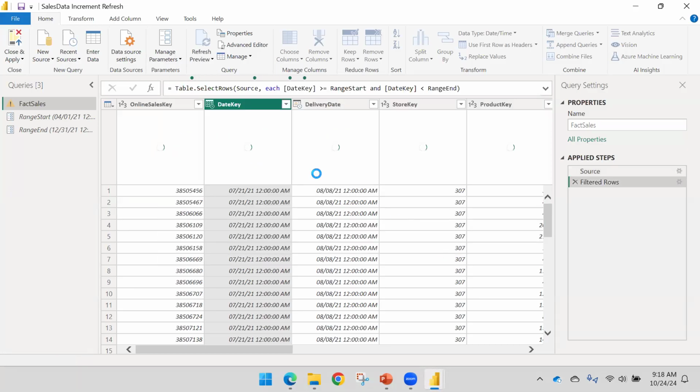So this is how we have applied the filter. If you look at this expression, make sure that you are not using only the is equal to sign. If it is greater than or equal to, it is fine. If it is less than, it is fine. But you should not use only the is equal to sign here to filter the data. Right. So this is one setup you need to do,